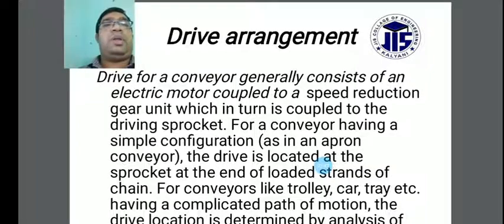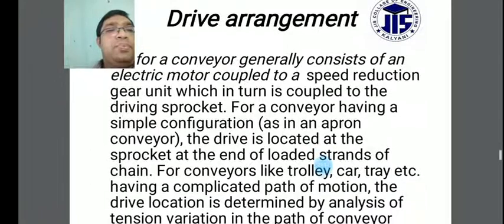For conveying, the simple configurations and attachments will be concentrated accordingly. For apron conveyors, the drive is located at the sprocket at the end or start of the chain. For conveyors like trolley, car, tray, etc., having a complicated path of motions, the drive location is determined by analysis of tension